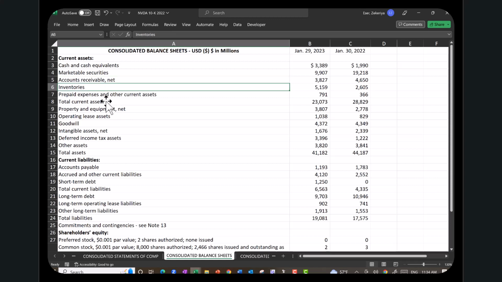Again, technically speaking, depending on the company, inventories may be more liquid, but if it's Walmart, they're probably more liquid than accounts receivable. Well, this is the convention. Then it's pretty much the other current assets. In many cases, for example, you pay